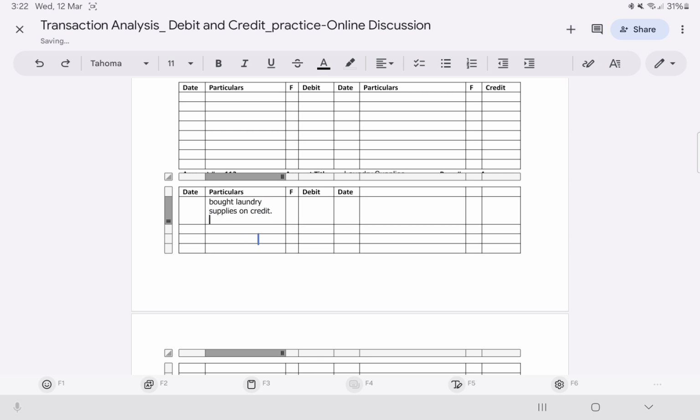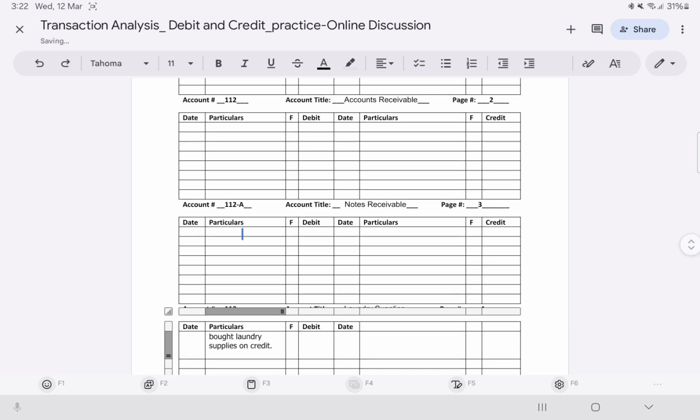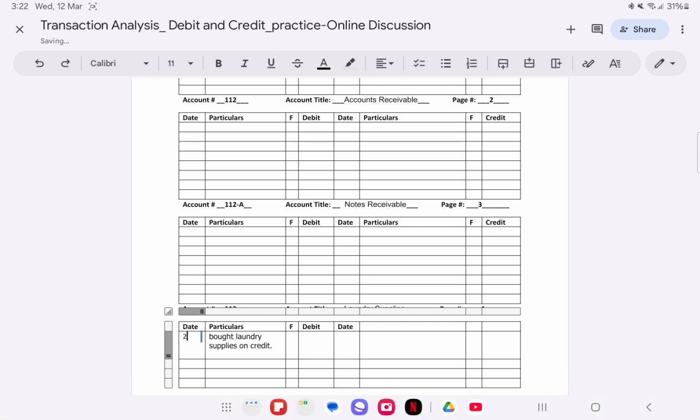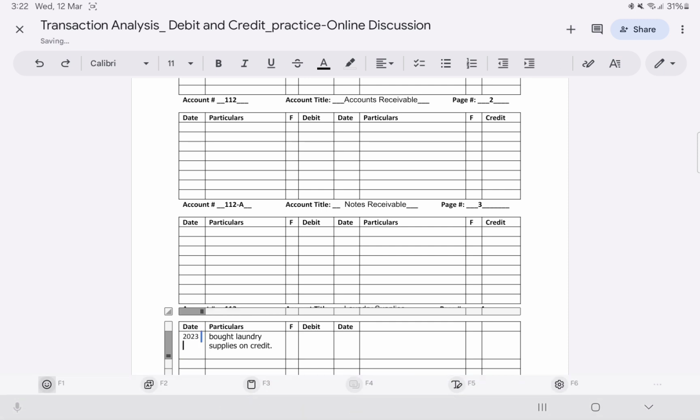Bought laundry supplies on credit. Okay, 2023 May 5. JG1, JG page 1, then